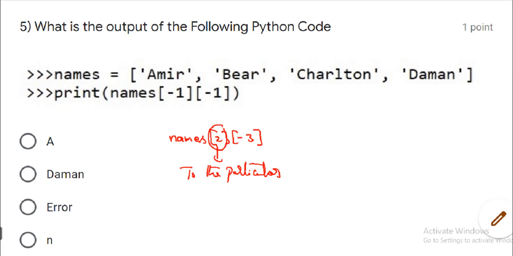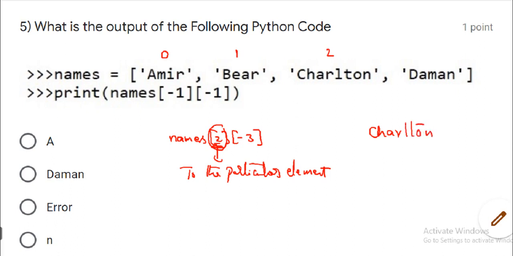What is the element at index 2? This is the forward direction, the positive direction. This is index 0, this is index 1, this is index 2. So what is the element at index 2? The element at index 2 is